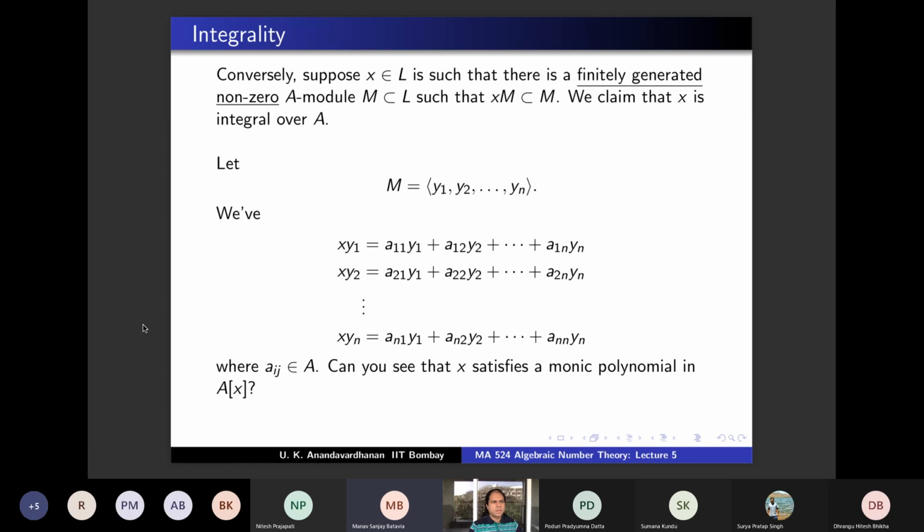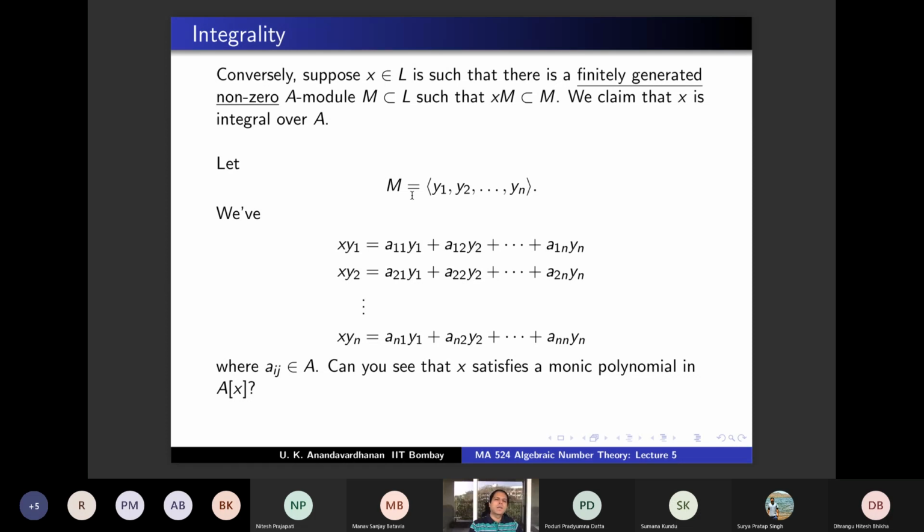I don't know, maybe because we are taking a minimal generating set. Yeah, so if that is 0, then that determinant polynomial, when you expand, is a monic polynomial because its diagonal elements are x minus a11, etc. Therefore, you're done. So only a small question is, you know in linear algebra that